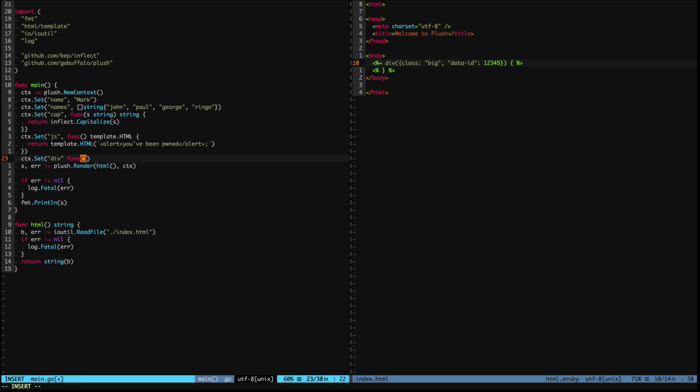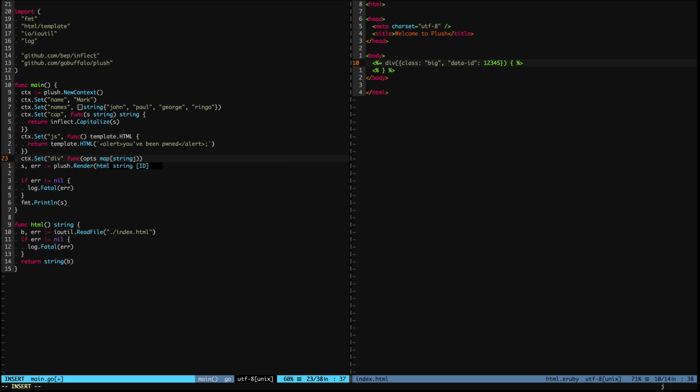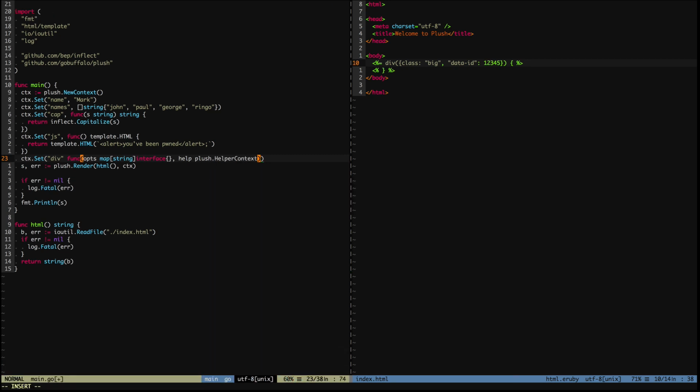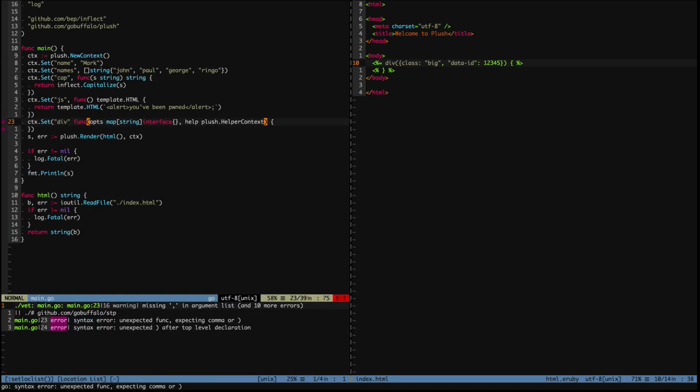And that is going to take our options, which is going to be a map of string to interface. And that is what all maps or hashes in Plush become in the Go world. They become a map of string to interface, of type interface here. And then the second argument we're going to take is a Plush helper context here. And that's going to return